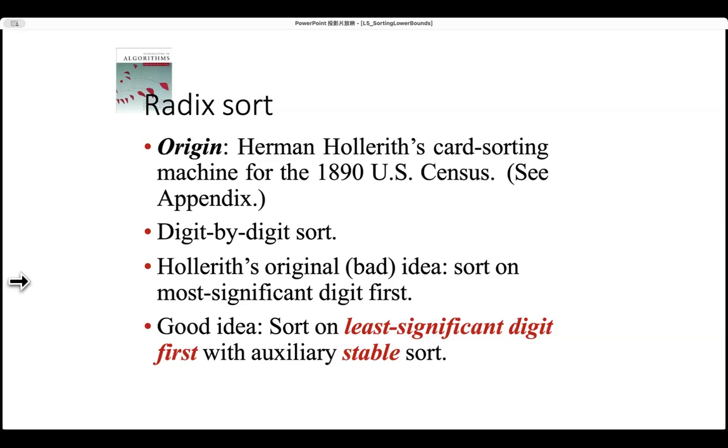If we sort from the least significant digit first, in other words, from right to left, then there's a property we can use to prove that this sort results in the sorted sequence. Okay, we can prove that. First thing, the radix sort